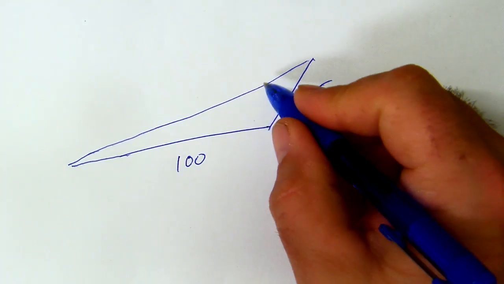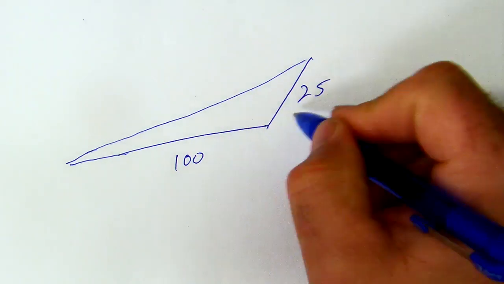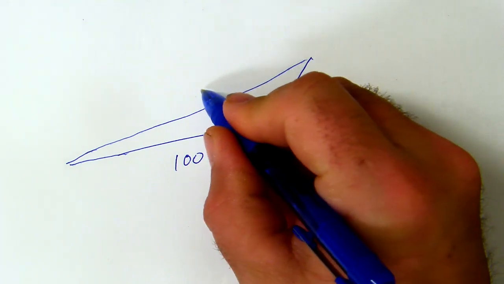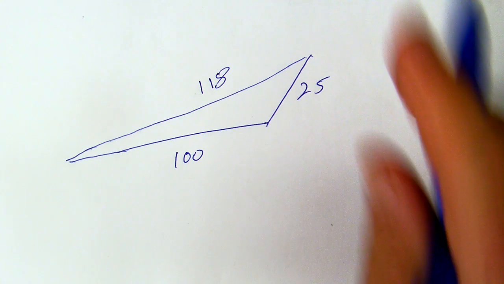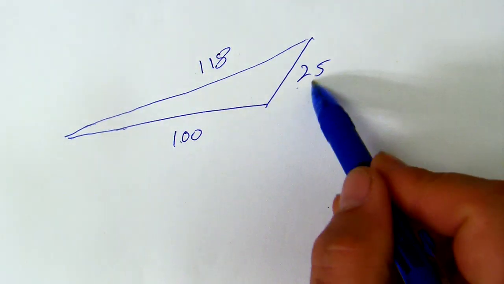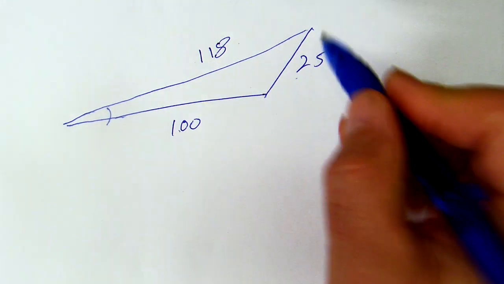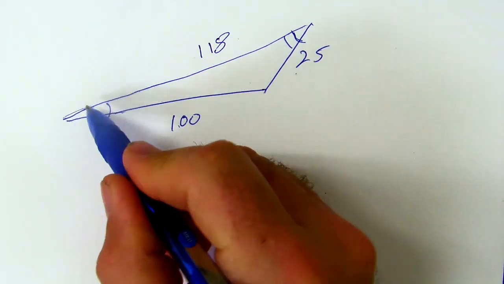Maybe I know I run, I don't know, 118 yards back or something like that. Okay? So in other words, if you're given all three sides of a triangle, and you're asked to find angles, like what angle did you have here? I know it's kind of a stupid example, but I guess what I'm trying to get at is